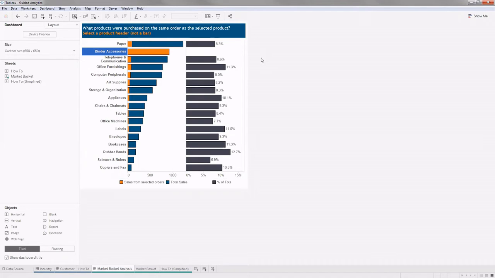So we are exploiting that feature of this data set to enable this market basket analysis. When we select a certain product, we'll be able to see all the order IDs where this product has been sold, and for those order IDs, we will see what other products were sold apart from the product that got selected.